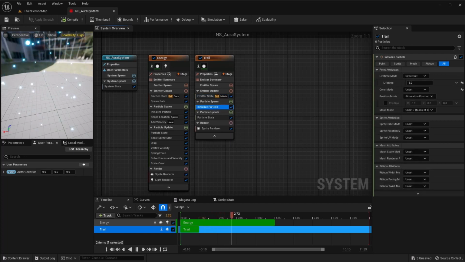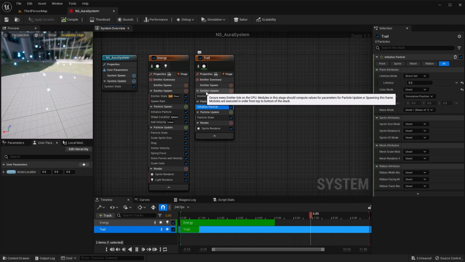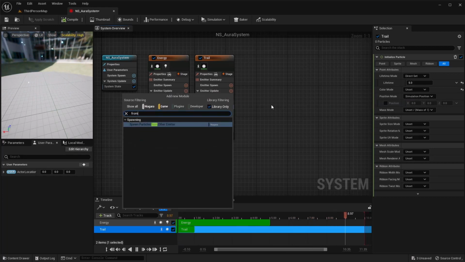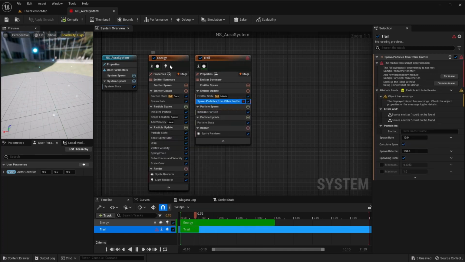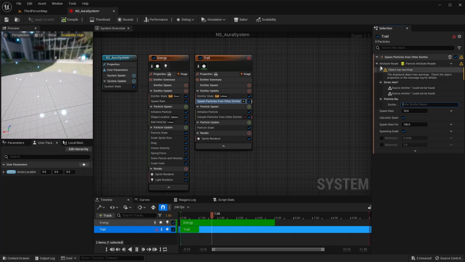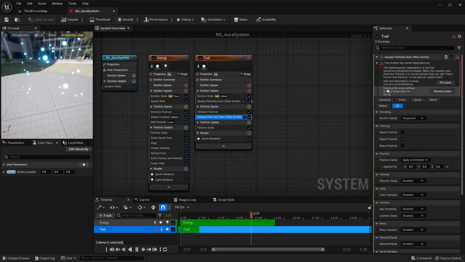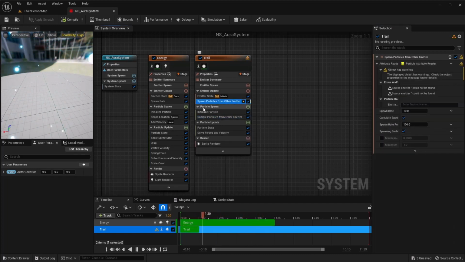And then on emitter update, let's do spawn particles from other emitter. We're going to spawn it off of energy here. So fix that issue, and fix this one as well. Inside of the spawn particles from other emitter, we need to name the emitter that we're looking for. And it's going to be energy.